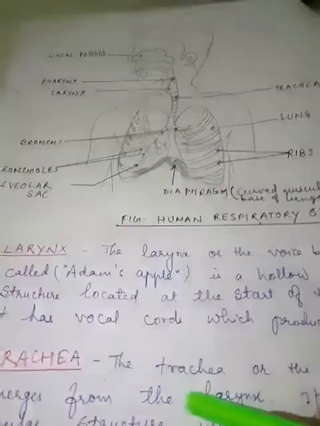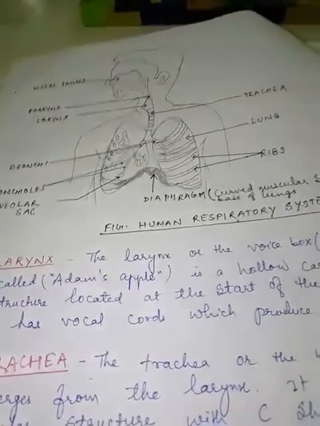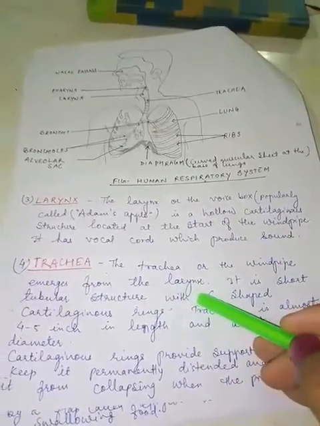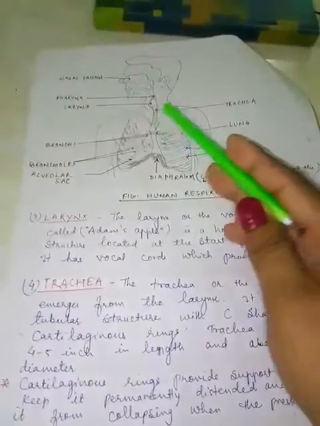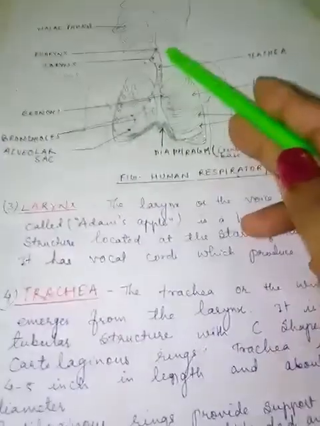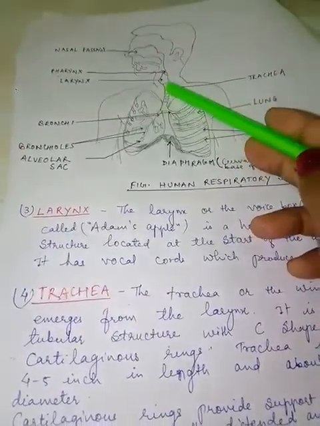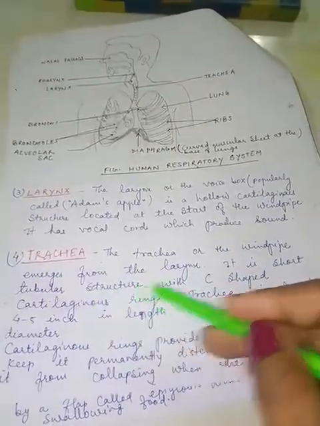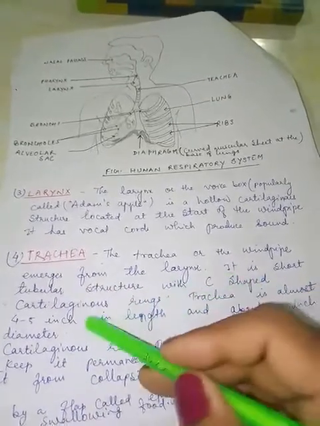Now children, the next air passage which is very important is the trachea. The trachea is also called the windpipe. Now the trachea or windpipe emerges from the larynx. You can see after the larynx the trachea starts. So the trachea or the windpipe emerges from the larynx, and it is a short tubular structure with C-shaped